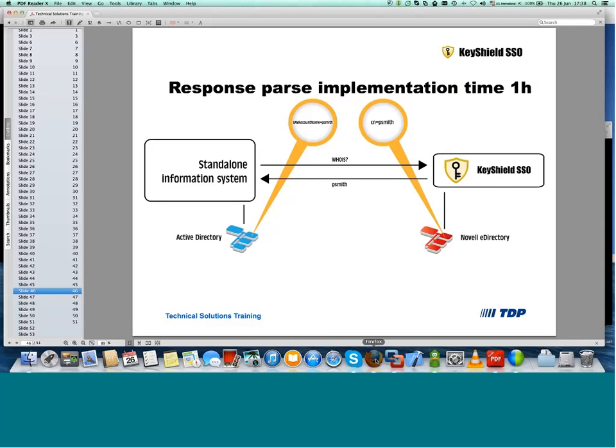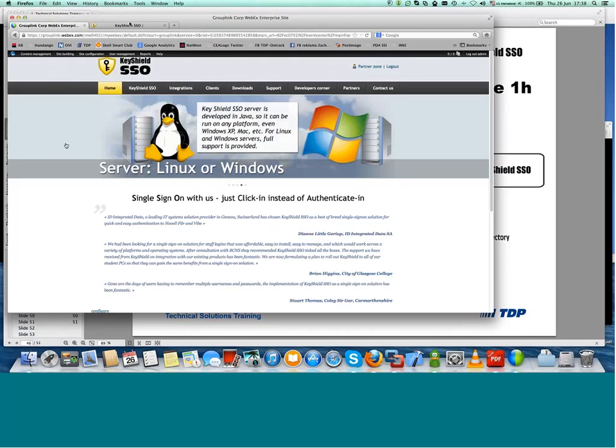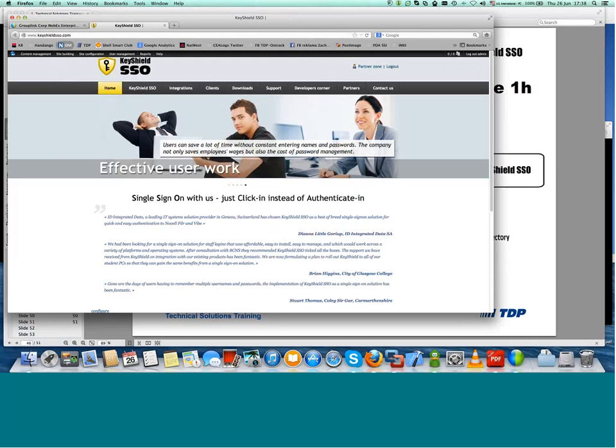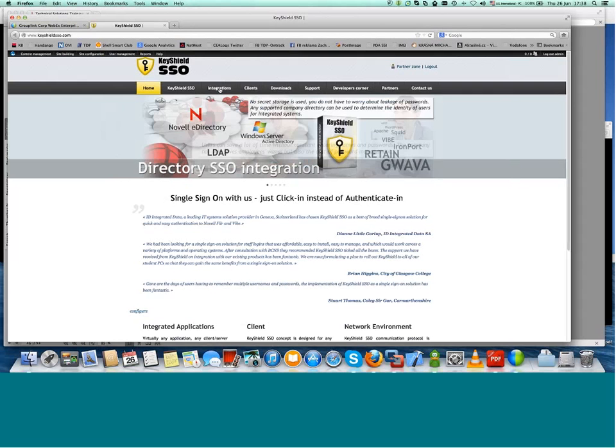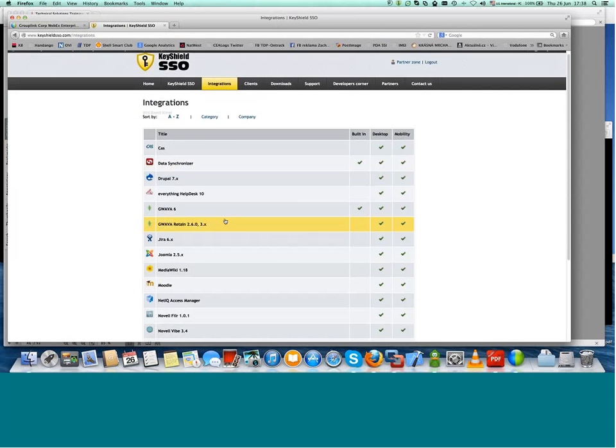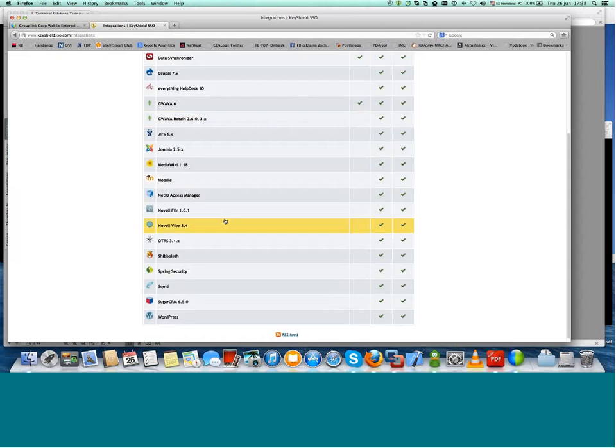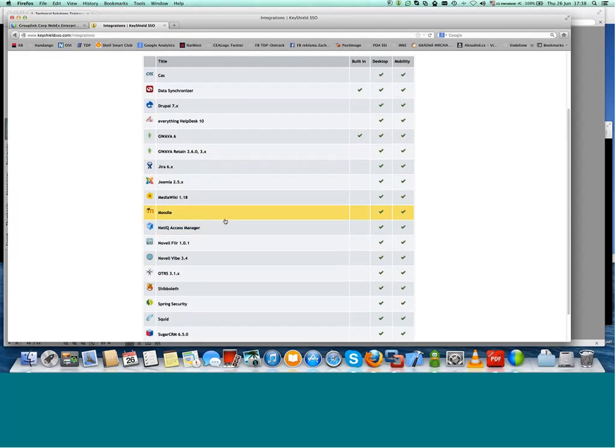Okay, perfect. Let me show you for a while. We have a product technology website, which is www.KeyShieldSSO.com, and here you can find much information, also some testimonials and success stories, and here is a list of integrations. Of course, these integrations are developed by us or by our partners. So there are other integrations which are not listed here. For example, a new integration is Oracle UCM. We already support